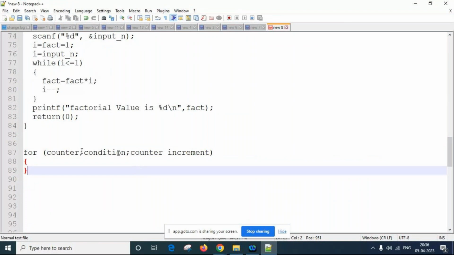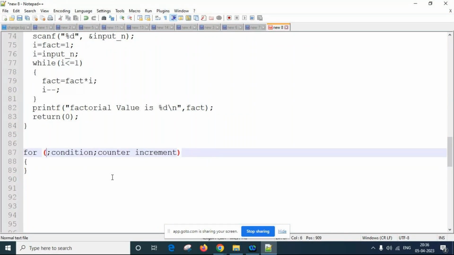While here, this is also accepted. The semicolon is mandatory, which will distinguish the condition. This is also accepted. The condition is default, that should be there.